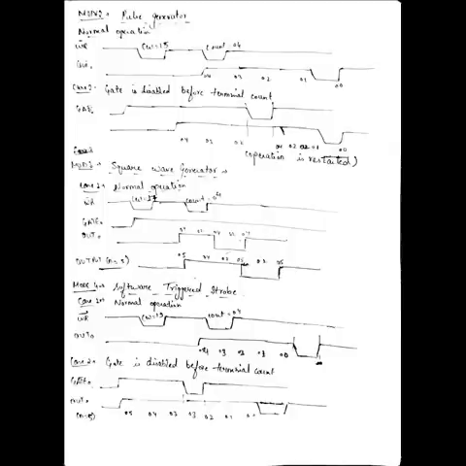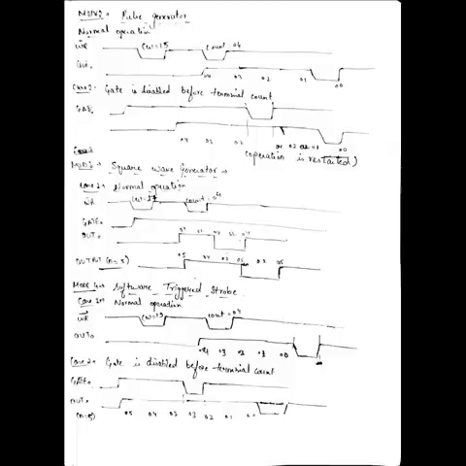The next 2 bits, D4 and D5, are the read and load option. They indicate whether the count value is given in the form of 8-bit or 16-bit. In our explanation, we will be using an 8-bit count value, so I would be using 01. Just for knowledge, 00 is for latch count, 01 is for load LS byte only, 10 is for load MS byte only, and 11 is load LSB and then MSB.